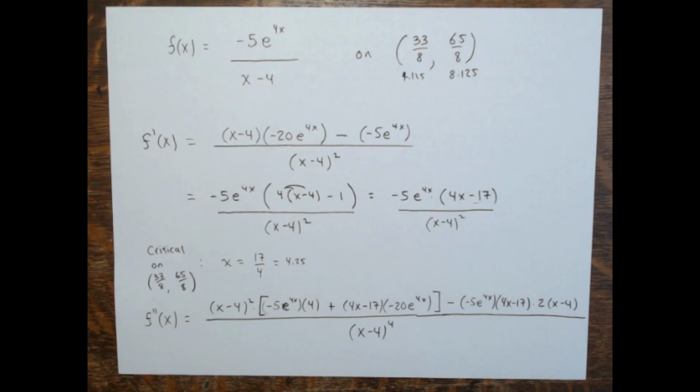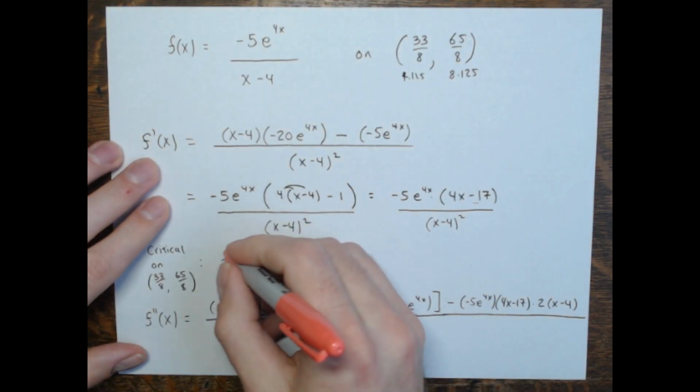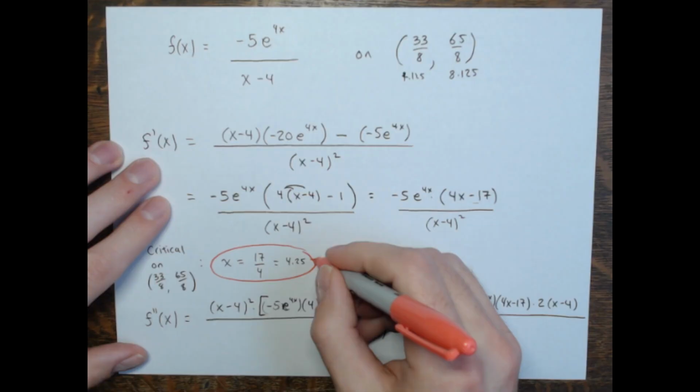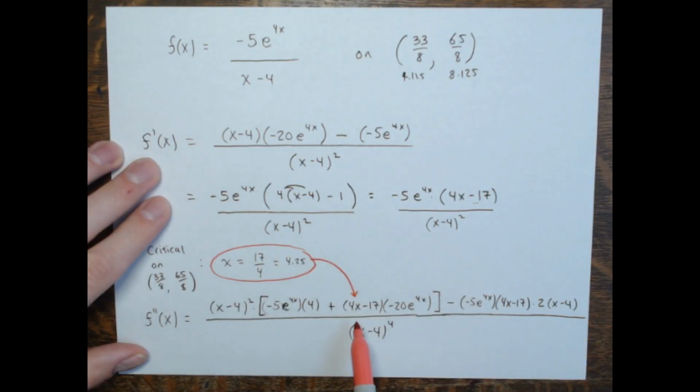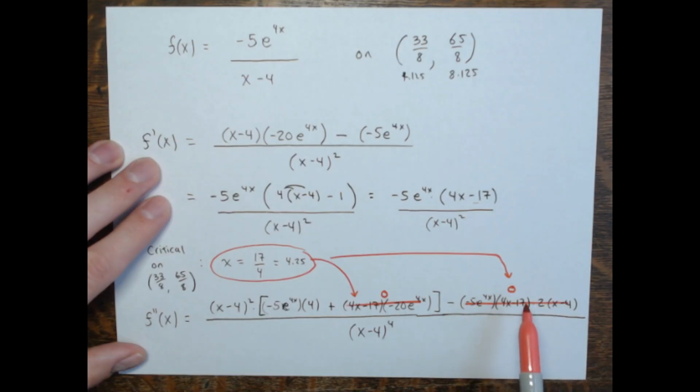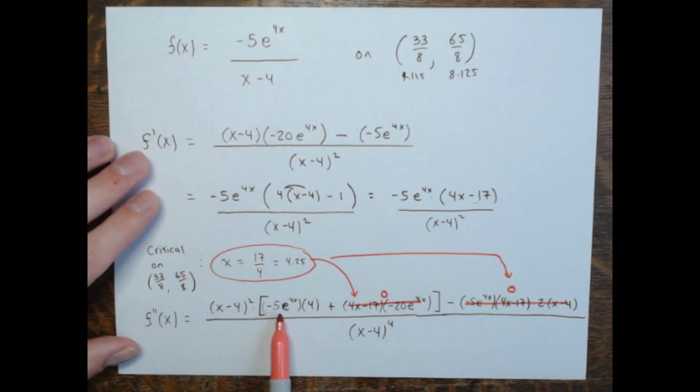Now I'm just going to leave it this way because we're going to take our critical value and plug it in. Now, when I plug it in, this term is going to disappear here, right? That'll be 0 because of the 4x minus 17. Same thing over here. All of this would have a factor of 0 as well, so that's going to be 0. So the only thing that really is going to come into play here